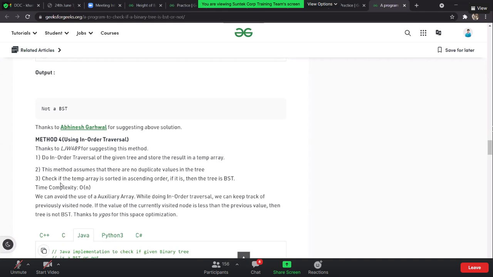Let's say we got the in order traversal. Now we need to check if it's in the ascending order or not.